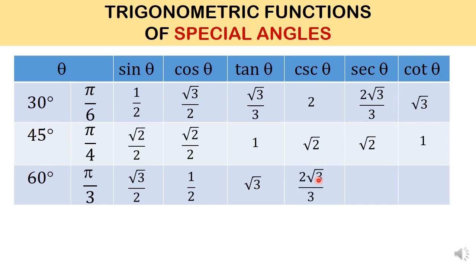Then the secant theta is the reciprocal of cosine. So the reciprocal of 1/2 will give us 2. Then the cotangent theta will be 1/2 over square root of 3 over 2, or 1 over square root of 3. So it is just square root of 3 over 3. Okay? So we used rationalization. We rationalized the denominator because we don't want a radical in our denominator. Okay? So, how do we